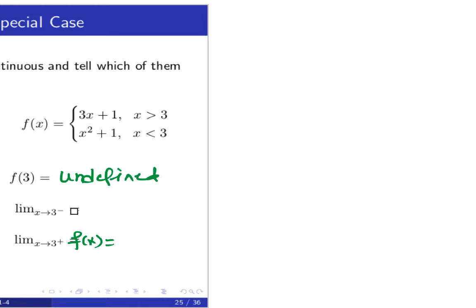Okay, again being consistent with our colors of minus in this. Now, first of all, f of 3 is undefined. That automatically tells us that this function is discontinuous at x equal to 3. So just from f of 3 being undefined, the function f of x, here this one, is